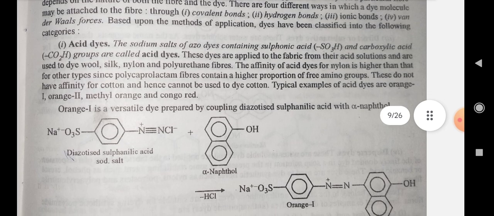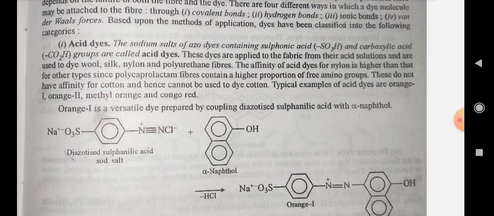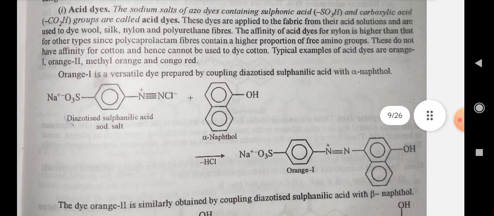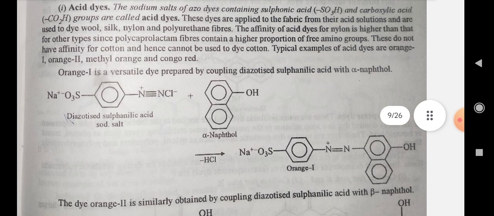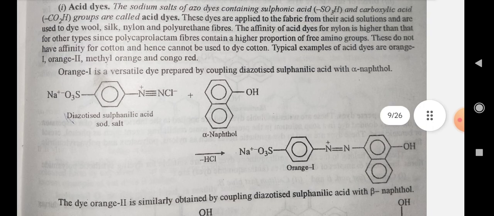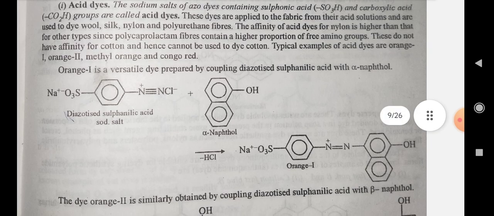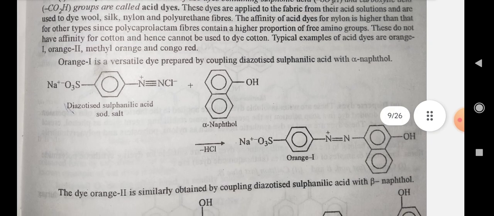Based upon the method of application, dyes have been classified into the following categories. Acid dyes. The sodium salt of azo dyes containing sulfonic acid and carboxylic acid groups are called acid dyes. These dyes are applicable to the fabric from their acid solutions, and they are used to dye wool, silk, nylon, and